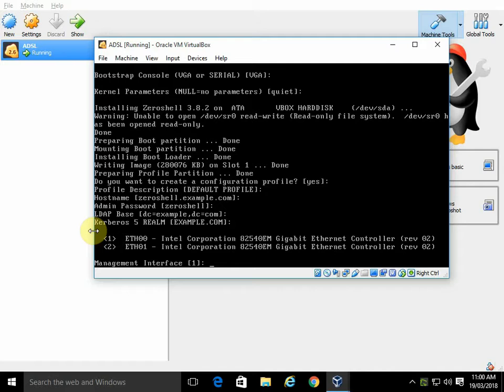The network card that's going to be used for the management of this device will most likely be the one that's attached to our internal switch 1, which in our case is card number 2, which you can see there is called Ether01, so it's the one to the right of the cursor here. So just type in 2,